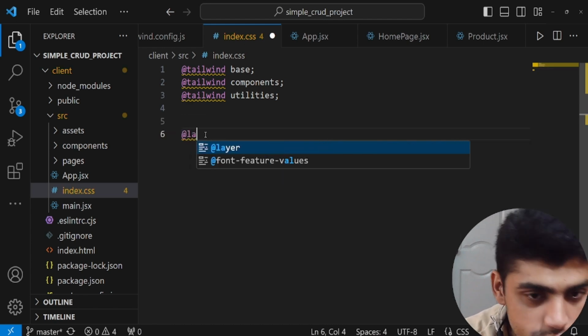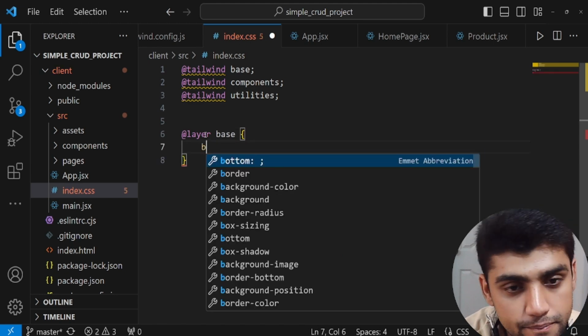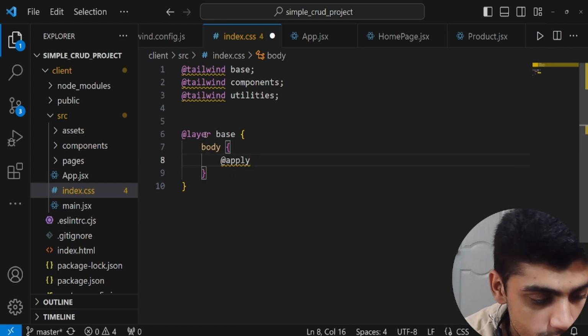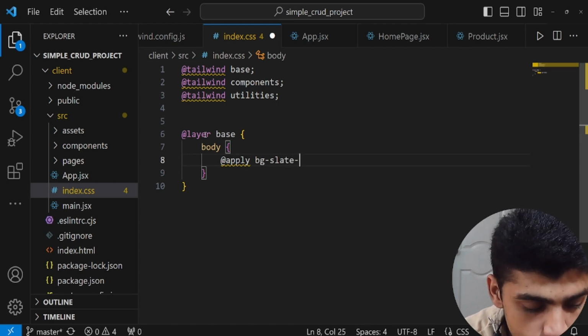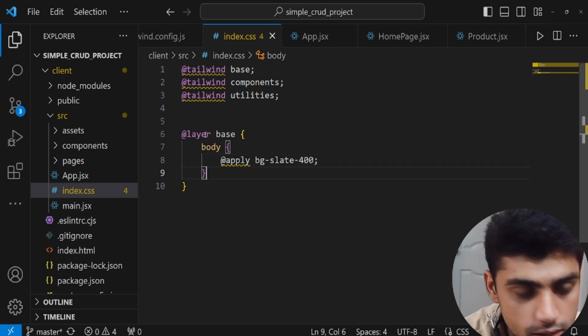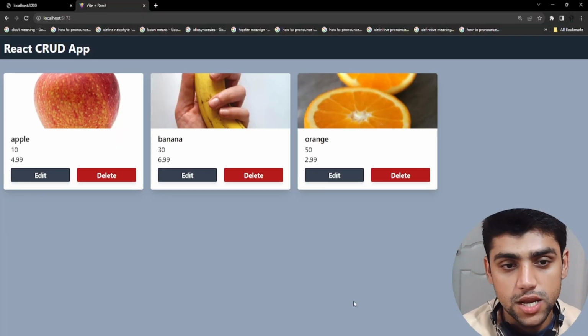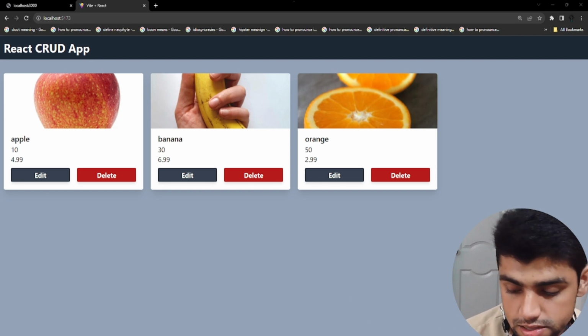So what we're going to do is add layer, base, and then we have body, and we have apply. We just want a grayish background, so we want BG slate 400, and pretty much that's it. Save it, check it out. It's a grayish background, looks very nice, very neat,